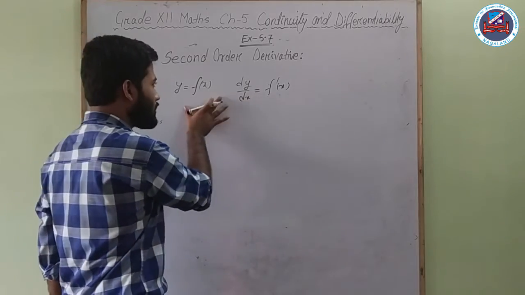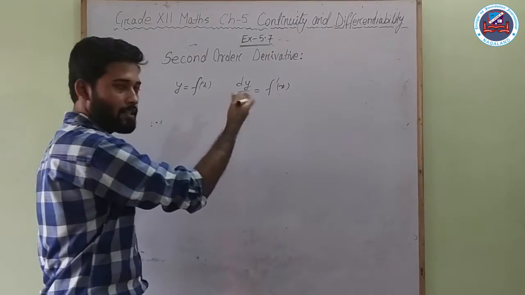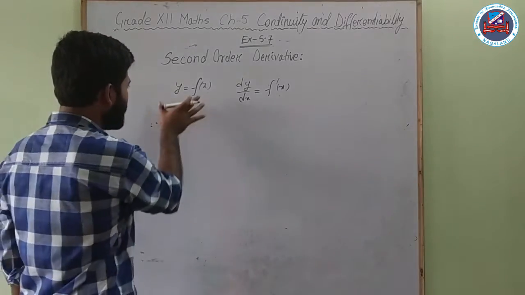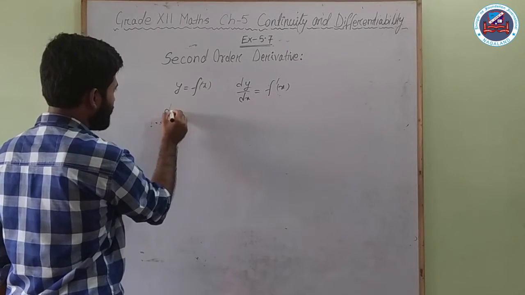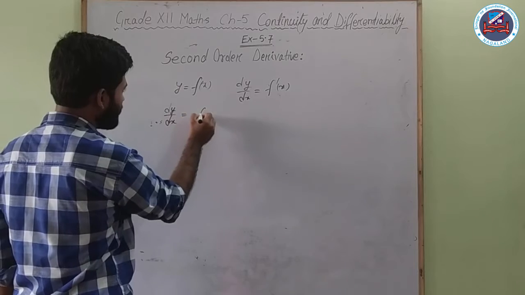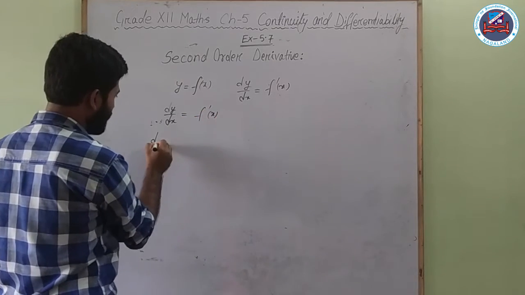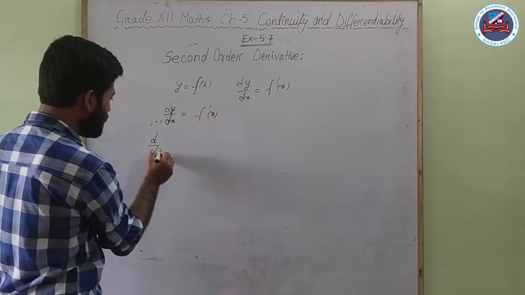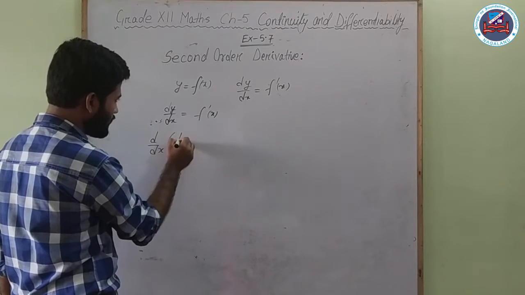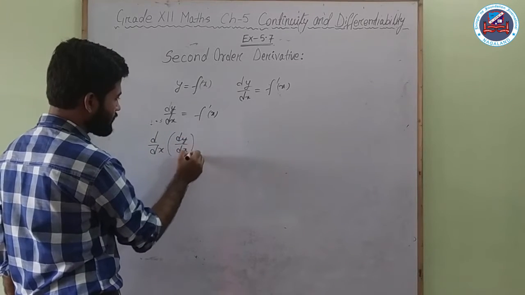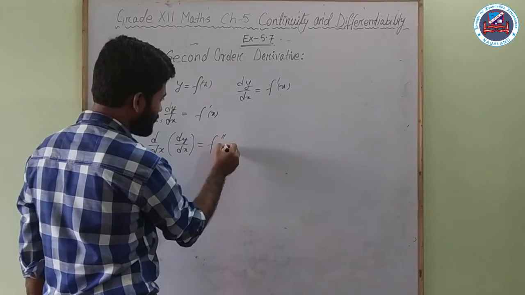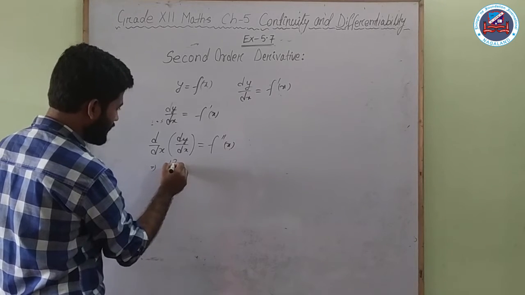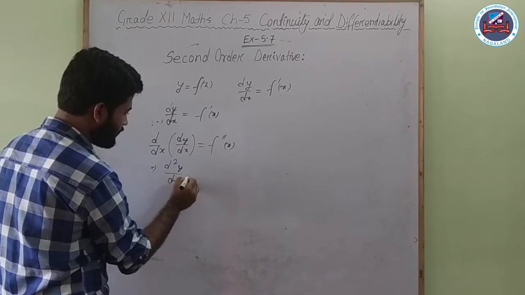Now, if this one can be differentiated again at the same point, then that will be called the second derivative. So if I have y is equal to f(x), then dy by dx will give us f dash x, and if I want to do the second derivative, that means if I want to differentiate this again with respect to x, so this is our operator, here we shall write dy by dx will give us f double dash x. Okay, now what is this? This can be written as d square y by dx square.